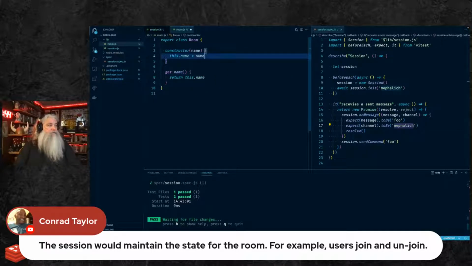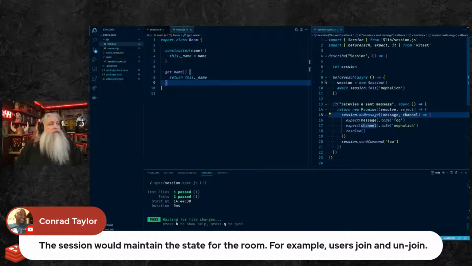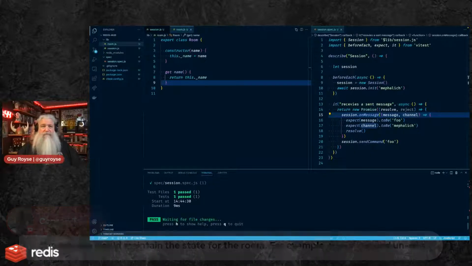That's not going to work because of this underscore name. And then I'm guessing the room would then talk to some sort of pub sub thing, right?